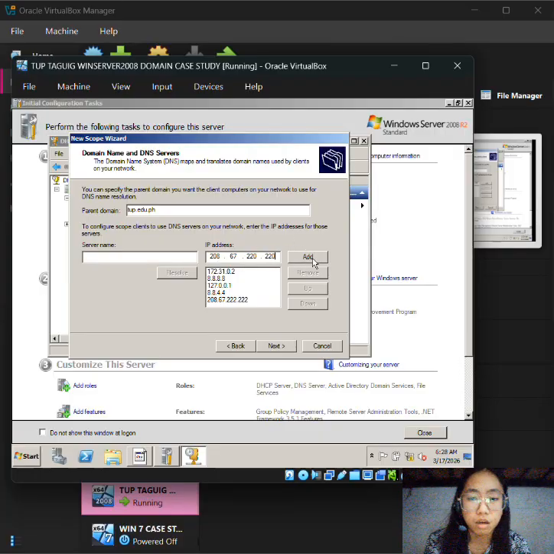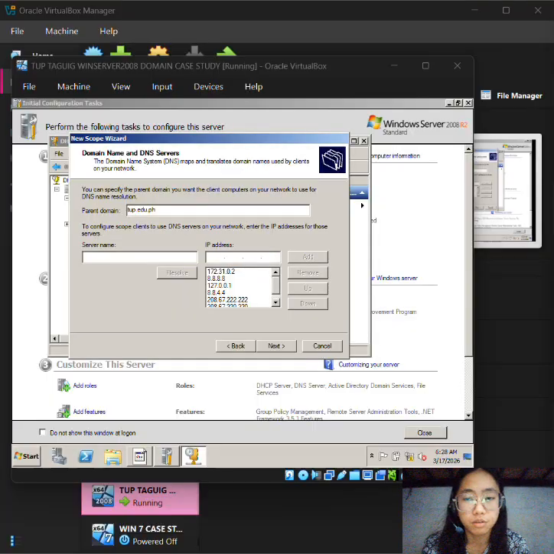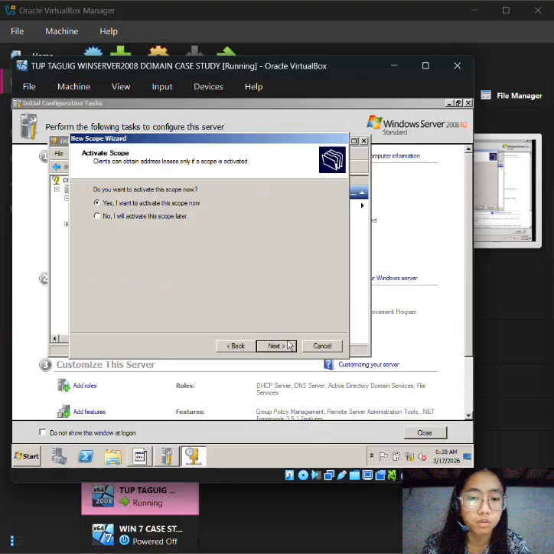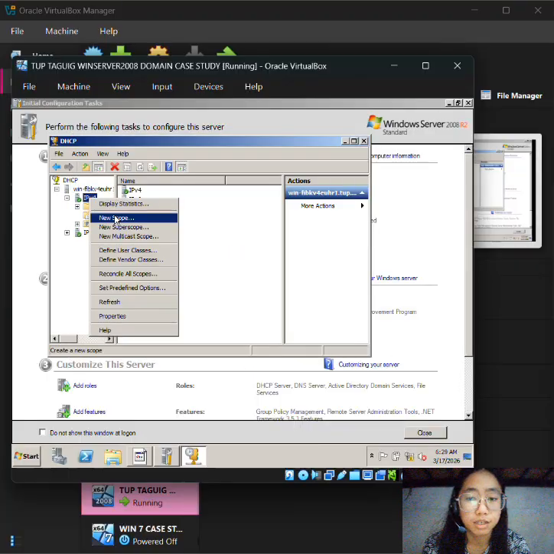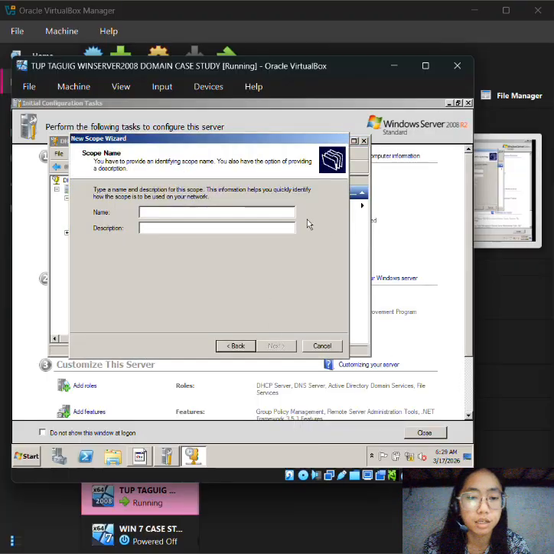So I set the IP address lease duration to 8 hours. This allows efficient IP management by automatically renewing and reassigning addresses when needed.